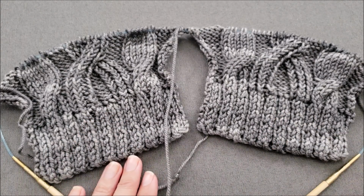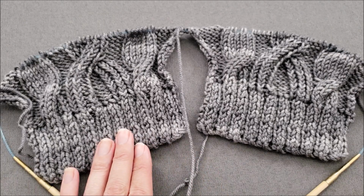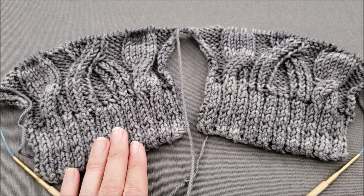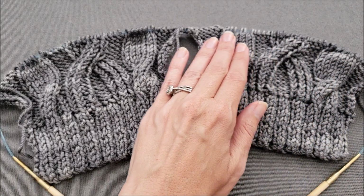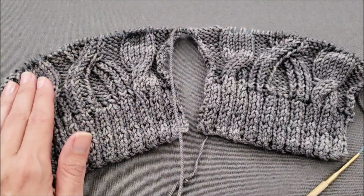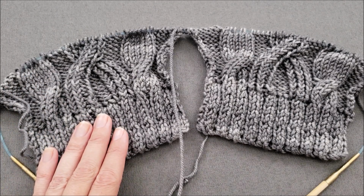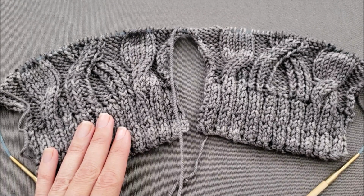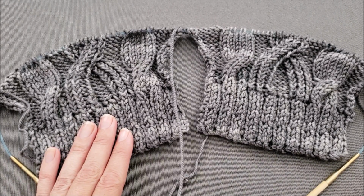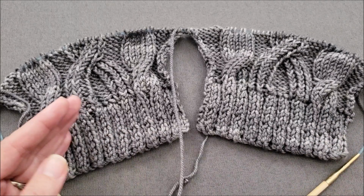First of all, you can ensure that your increases and decreases are happening the exact same row on each sleeve, because when you increase or decrease on one sleeve, you know to do the same thing on that row of the other sleeve. Another advantage to working your sleeves two at a time is that you finish both sleeves at the same time. So there's no need to work one sleeve and then go back and have to knit another,